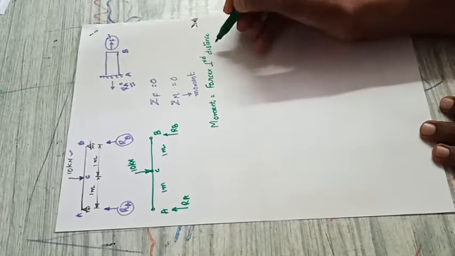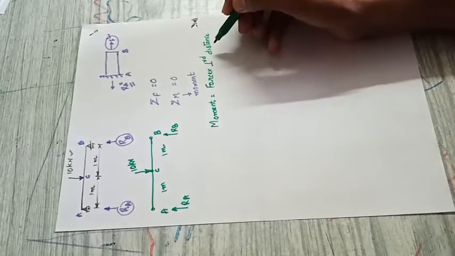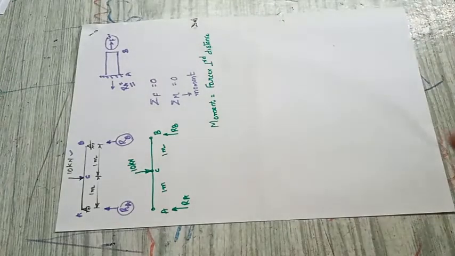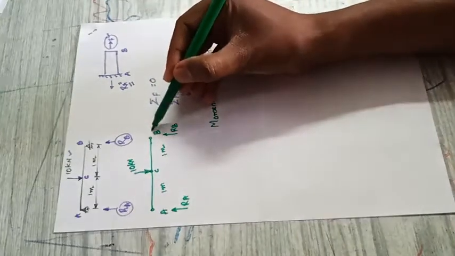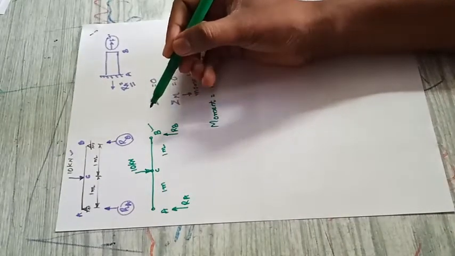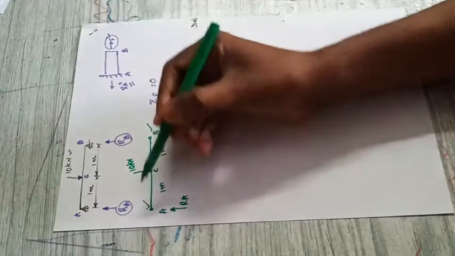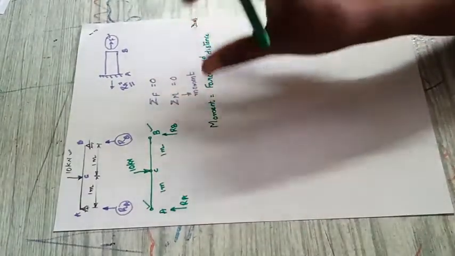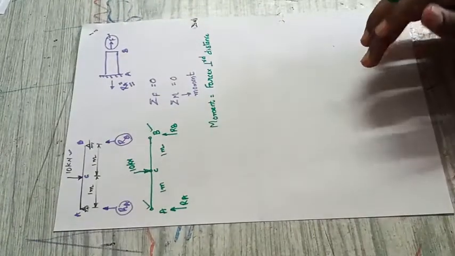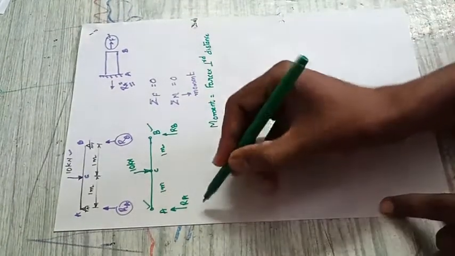Perpendicular distance. What exactly does this mean? It is moment. Here we have a simply supported beam, with two points fixed where it is supported, A as well as B. So the moment you always have to take about point A or about point B. Only two conditions you have to follow here. You can calculate the moment about A, or you can find the moment about B. Two things you can do.